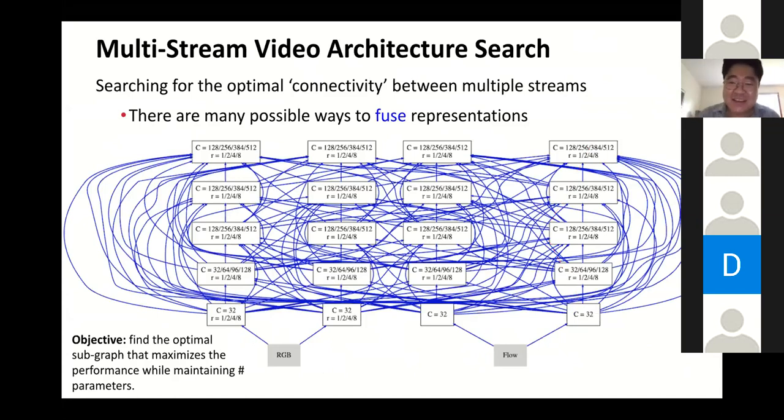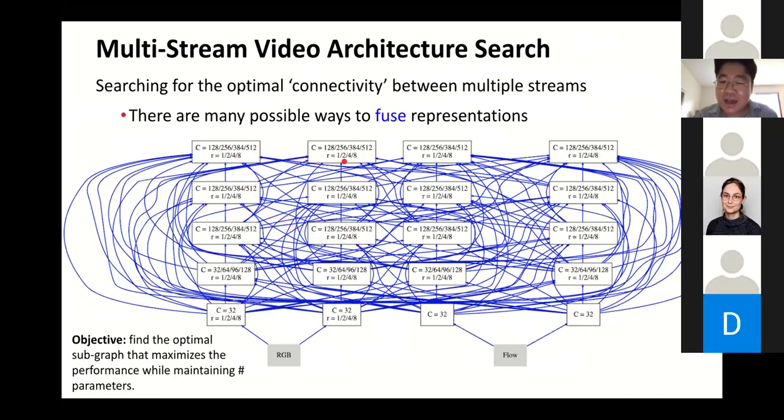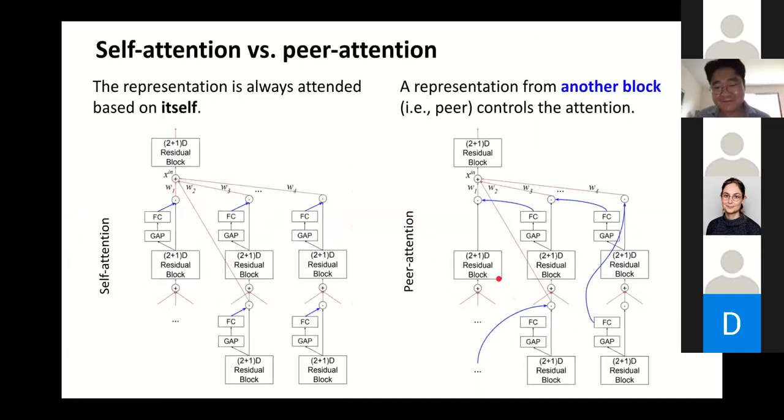However, each connection is simply a weight over the connection, so the connection actually doesn't have many weights. It's mostly the number of nodes which dominates the number of parameters. And in terms of the number of nodes, we carefully control the channels so that the entire number of parameters becomes comparable to a two-stream CNN. Not one-stream CNN, sorry, but comparable to a two-stream CNN. Perfect. Thanks a lot.